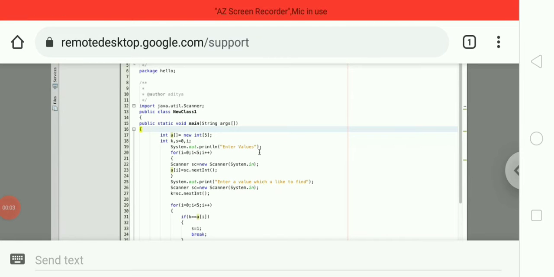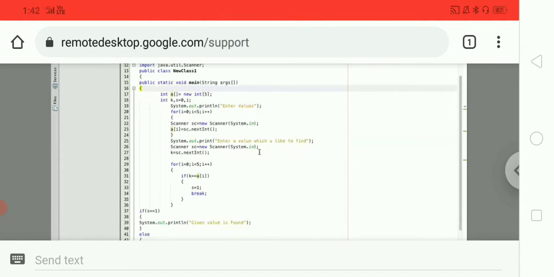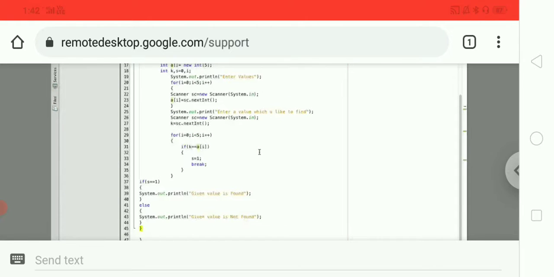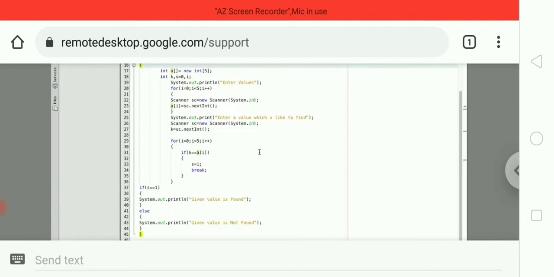Now let us check the output of the linear search. Okay, here I am giving the values.